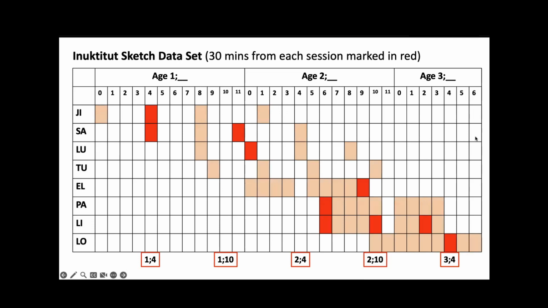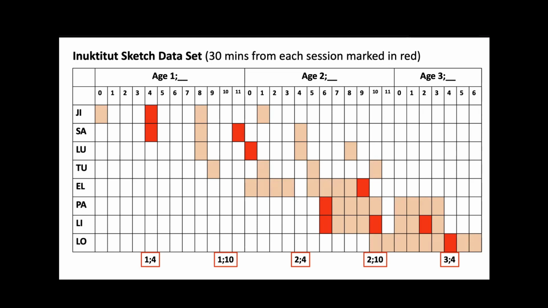From that total amount of data, we wanted to create the data for the sketch corpus. The first thing you'll notice is that we have no data older than 3-6. Opposite to Lucy's situation, where they didn't have younger data, we had plenty of younger data, but no older data. We also had only one child older than 3-4. So if we wanted 2 children at the same time period, about 3-4 was the oldest we could go. And so we decided to shift things younger.